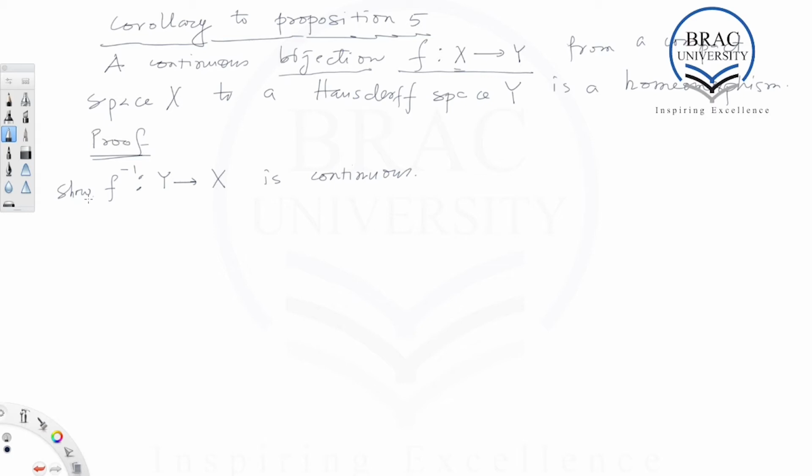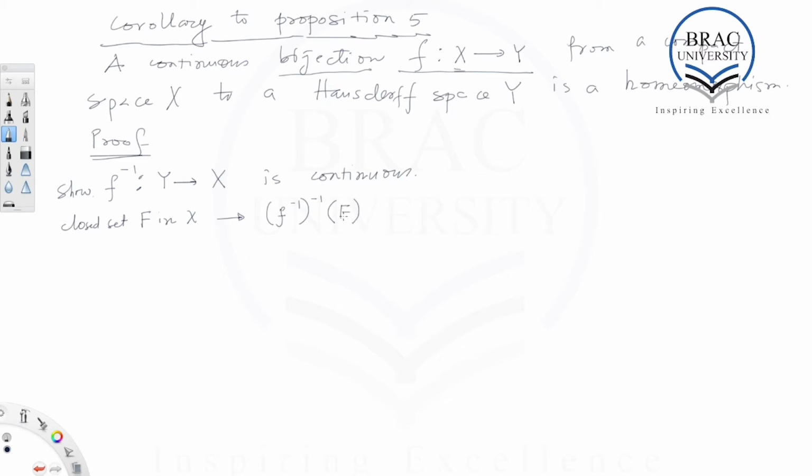Okay, so it suffices to show that for every closed set F in X, closed set F in X, we need to show that the inverse image of big F